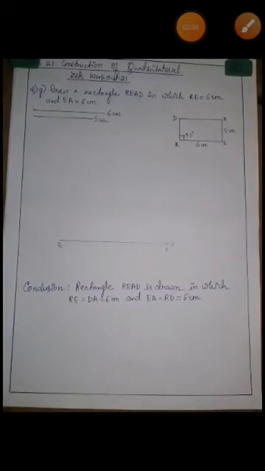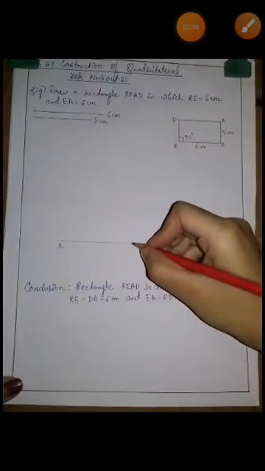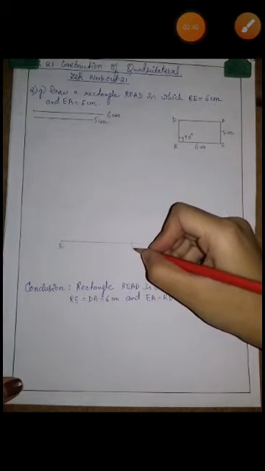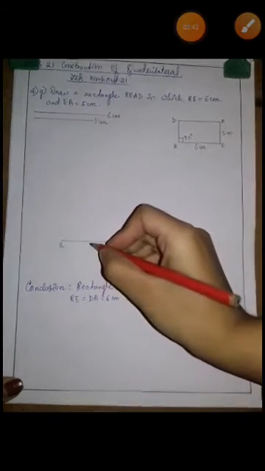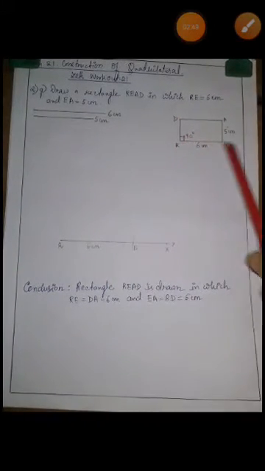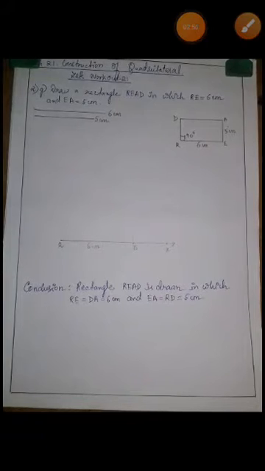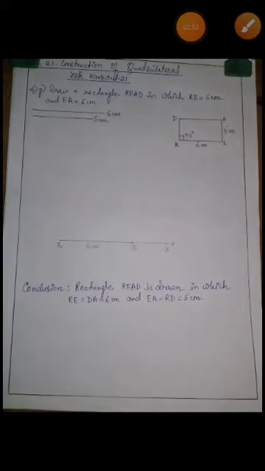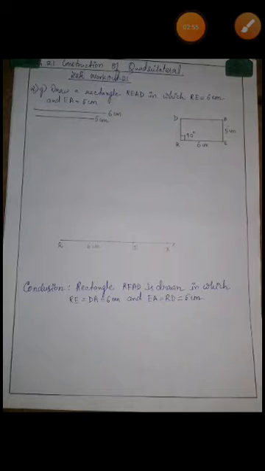In this way, take 6 centimeter measurement and place at R. Now cut an arc. So you have got the point E. Now you are going to write RE, that is 6 centimeter. Now see this angle DRE, that will be 90 degree. In fact all the vertex angles will be 90 degree. So what you will do? You are going to draw the 90 degree using the compass only. I hope you remembered how to draw 90 degree.